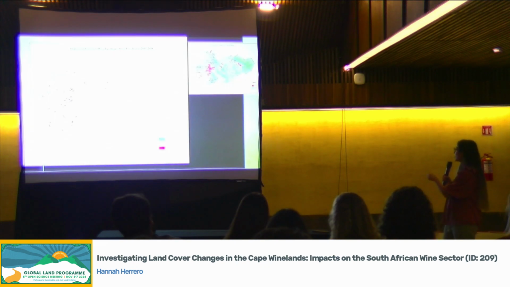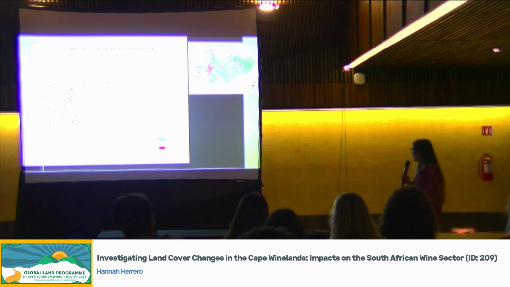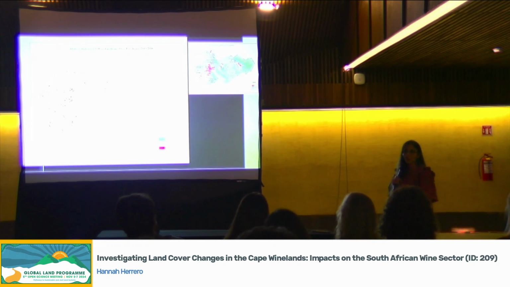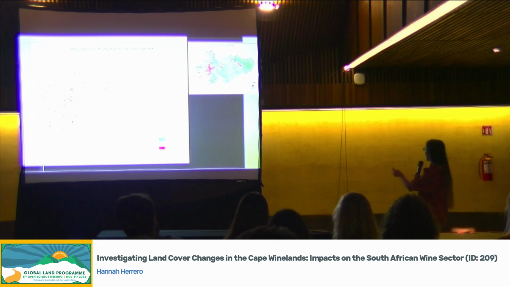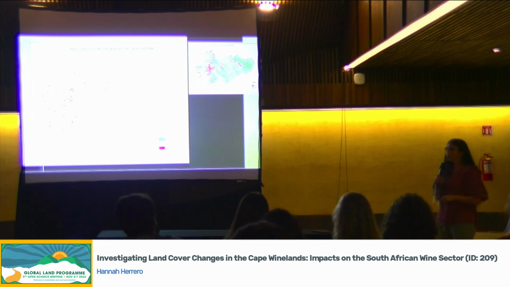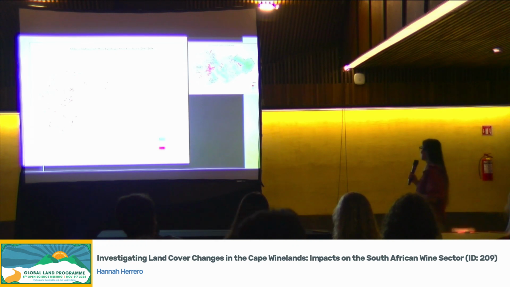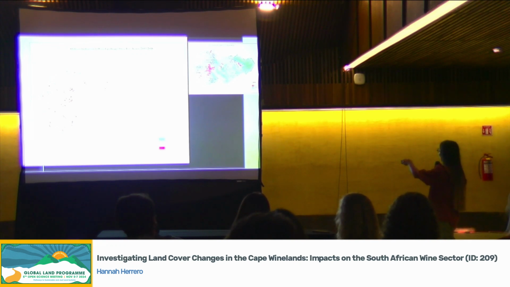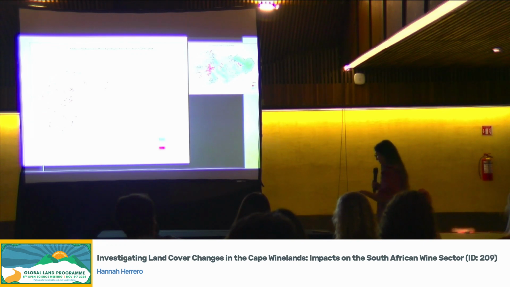Prior to this, when we had these 2 dates and we look at our conversion away from wine, which is what our red signifies on this map, we have almost 10% of this area that has moved from wine to a different type of crop. Again, that was related to things like water use and economic policy. In the top right, we do have our updated 2022 land cover map as well. In that, you have a vineyard being designated by that pink color, mostly in this area. And all of these had very high